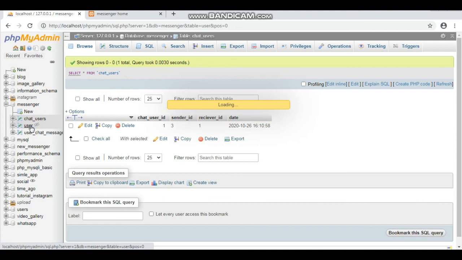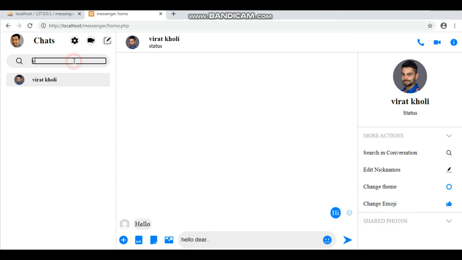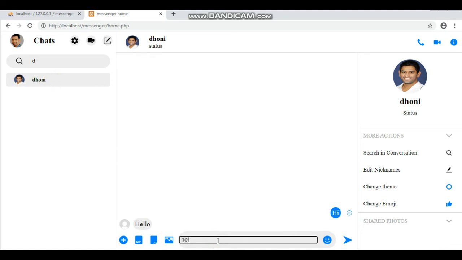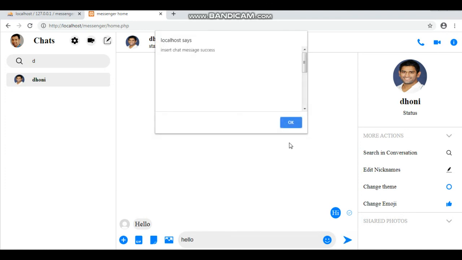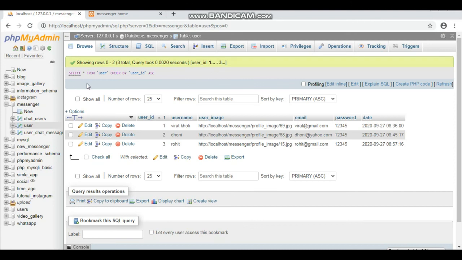Here sender ID means the login user, Rohit's user ID, and then the chat user is Virat Kohli, that is user ID 1. Now send one more to another chat user. Here the chat user name is Dhoni, user ID is 2.